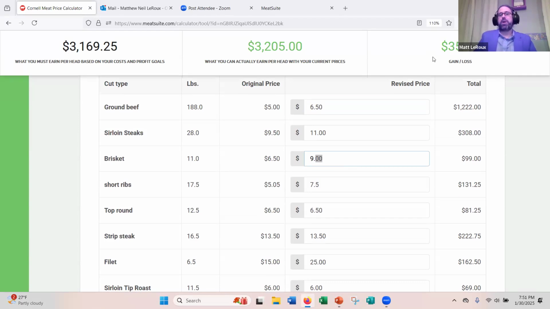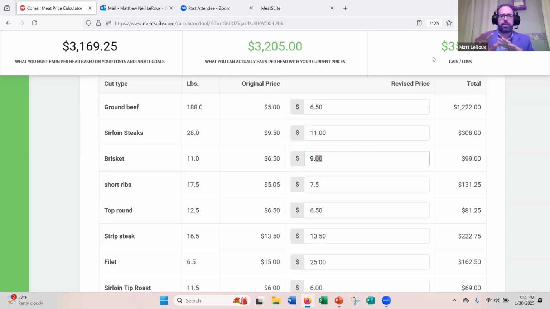I'm exceeding my goal by $35 a head. I think we can all live with that. But also, just because it turns green doesn't mean that you're done. I want you to really think about the proportions or the yields of those different cuts and the rate at which they sell. So you want to use pricing as a mechanism to slow down consumer demand on really popular cuts that come in small yields,